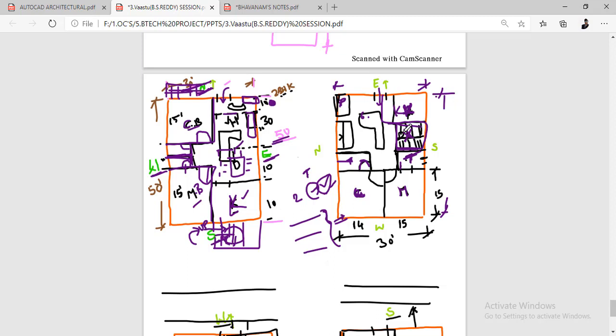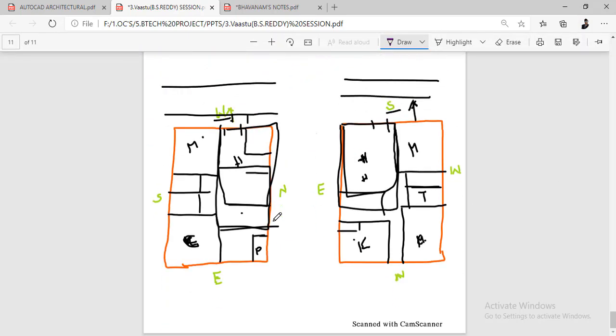Another reason is that the staircases come inside the building, so outside persons cannot climb to the second floor. They need to come inside and then climb to the second floor. That's the main thing. And if you come to the west side, it is the same thing. And if it is a southwest,